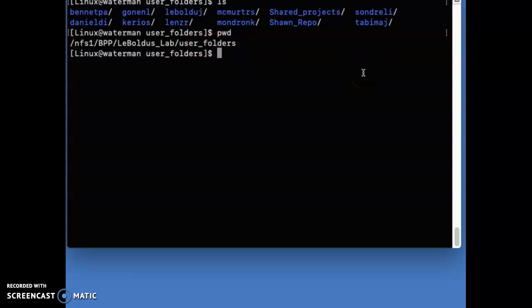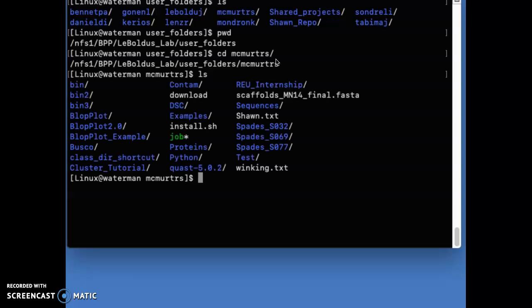So for me, I'm going to go ahead and cd to my directory. And by the way, directories are just another name for folders, and they're listed in blue on the command line. So I'm going to change directory to my directory, and then once I get there, I'm going to do another ls. You can see all my different folders or directories that I have, and then these listed in white are